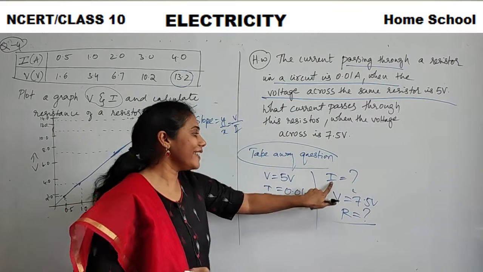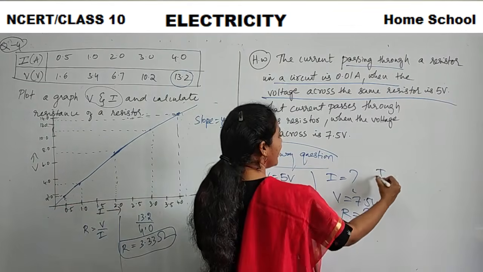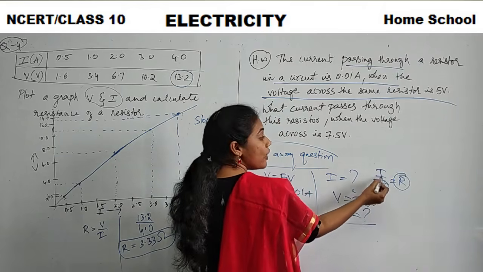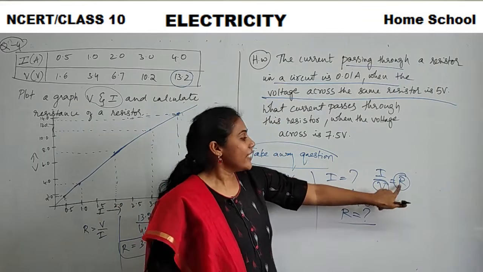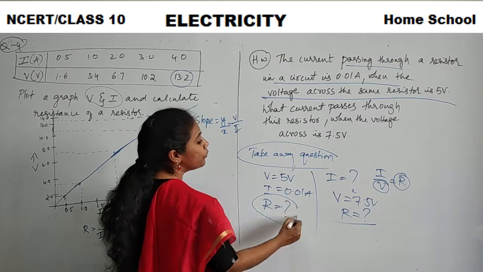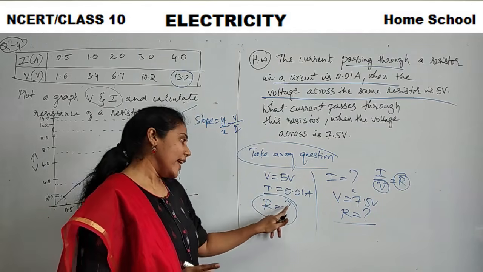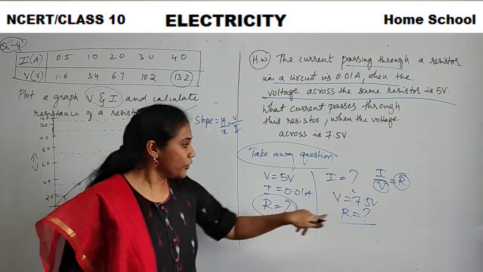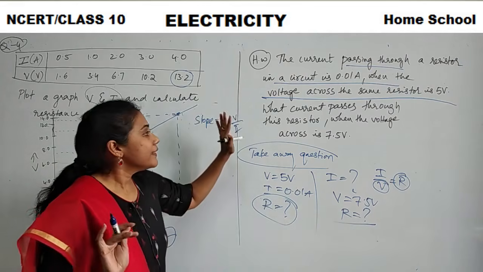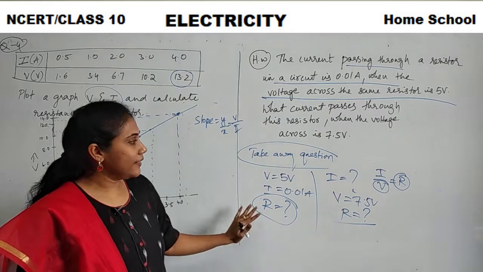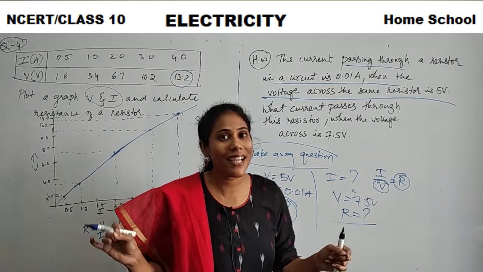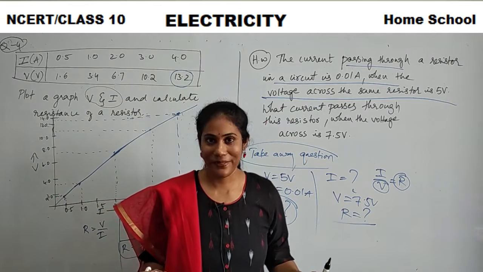If you want to calculate I, so how do you calculate? I by V is equal to R. You should know voltage as well as resistance. Only then you can calculate I, right? Whereas you don't know the R value. So use this information to calculate R value. So once you calculate R value using this information, use it here in a formula, you get your final answer, right? So think carefully, calculate and post the answer in a comment box. Let me check how many of you guys are giving me a correct answer, right?